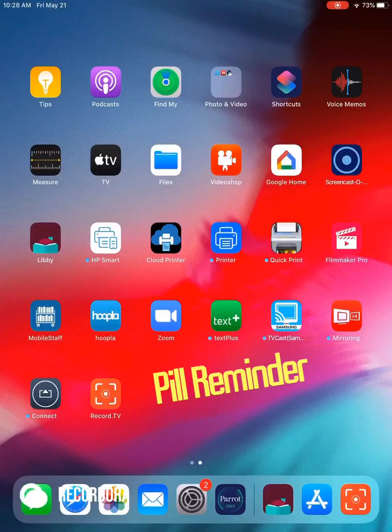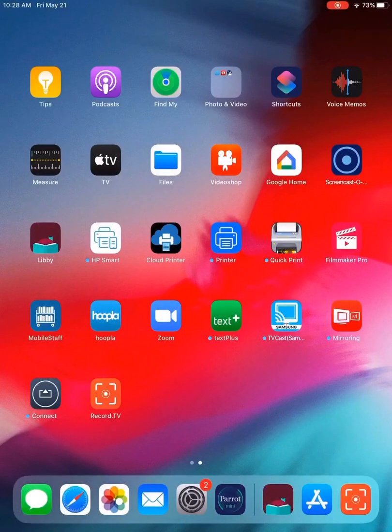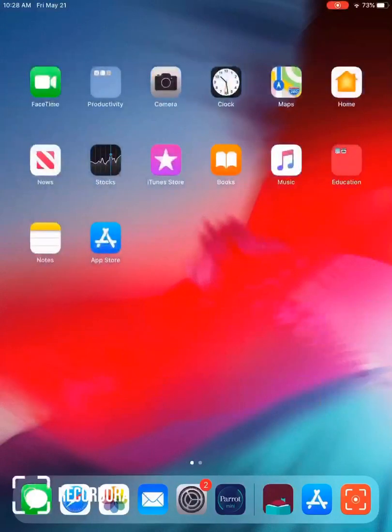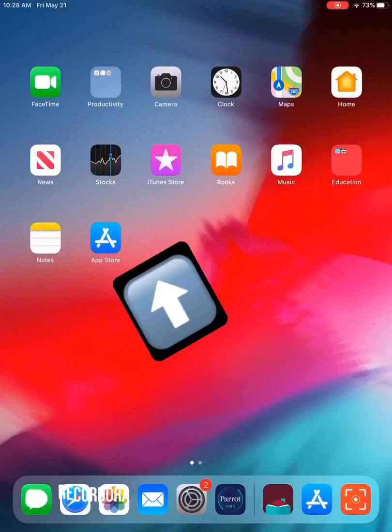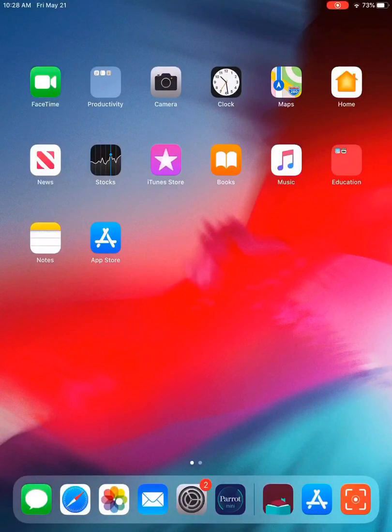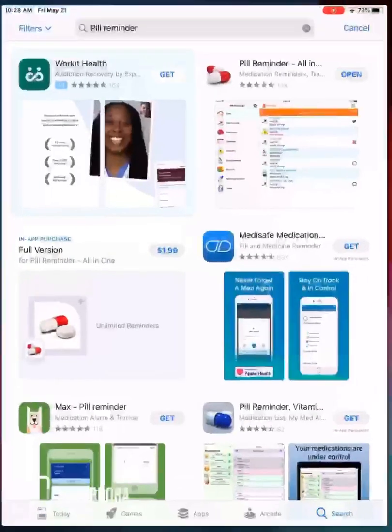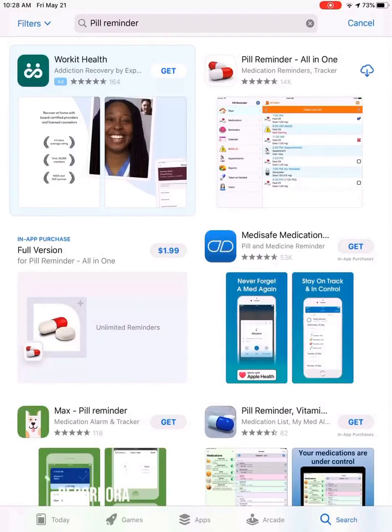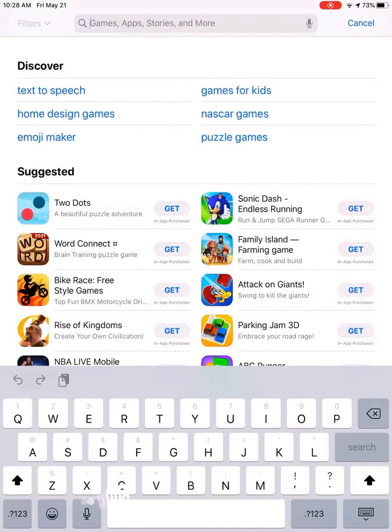This first app is really helpful in keeping track of medications, when we take them and what dosages and so forth. So the first thing that we're going to do is we're going to use an iPad, and on our iPad we're going to go to either the Play Store or the App Store, and iPads have app stores. It's this little blue square with an A on it, and we're going to tap that to find the app that we're looking for. Now it just so happens that the app we're looking for is called Pill Reminder,